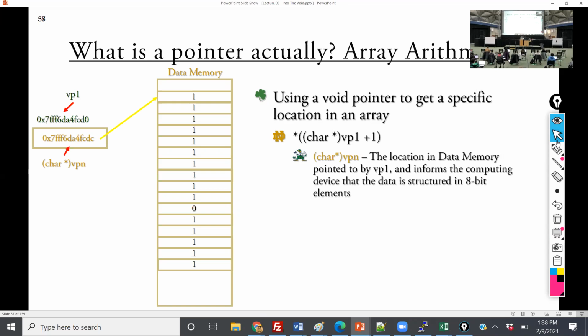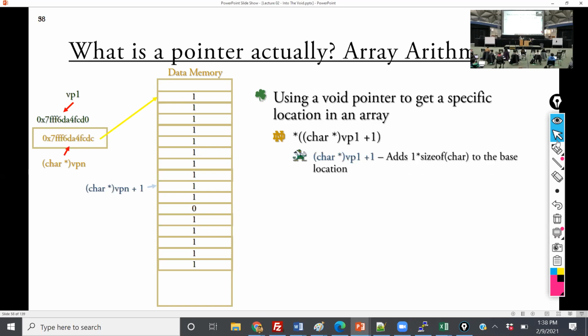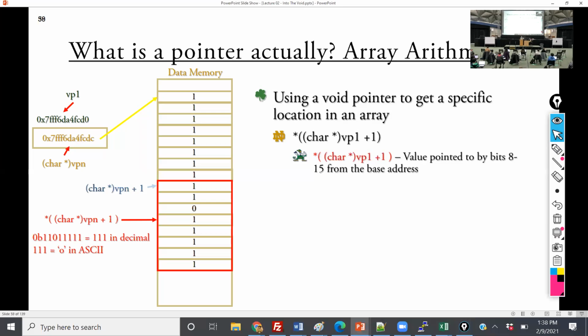So then when I say +1, what it's doing is it actually moves 8 bits. And then finally, when I dereference it, I get those 8 bits there, and I interpret it as a character. So here, in this case, it turns out to actually be 111, which is lowercase o in ASCII.